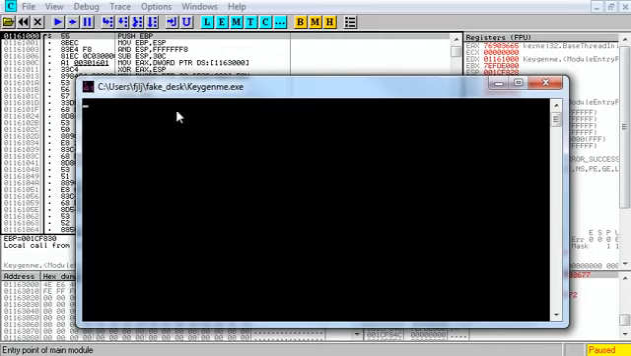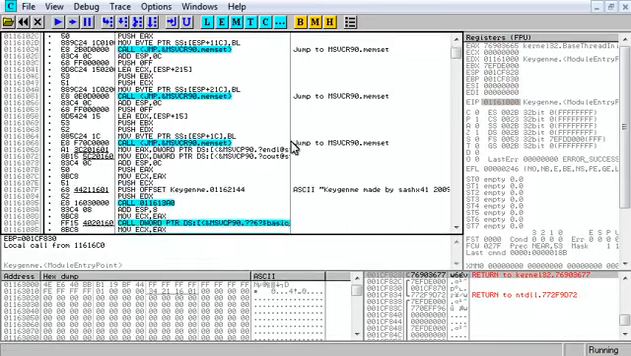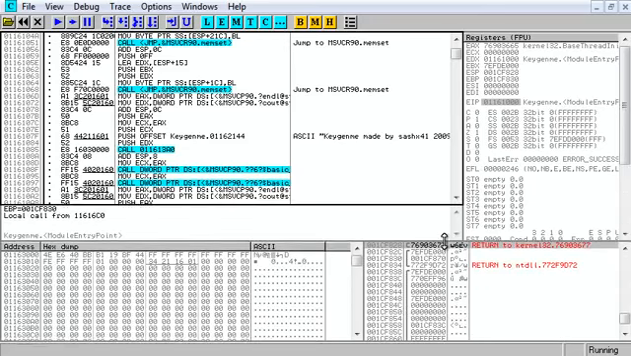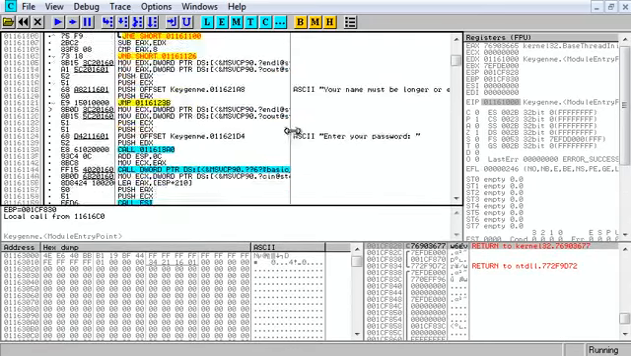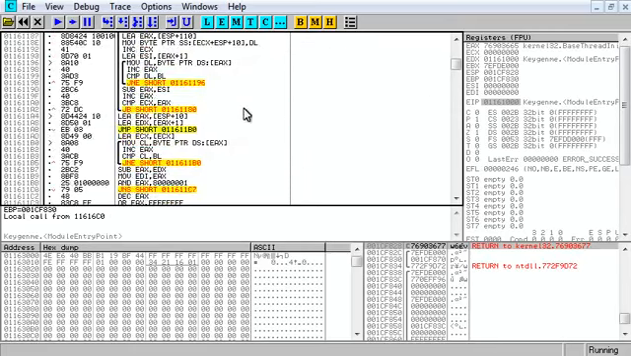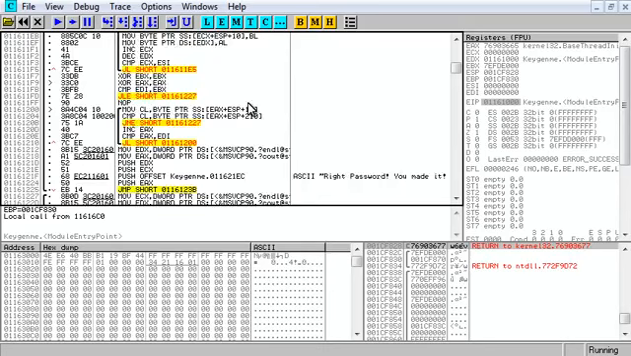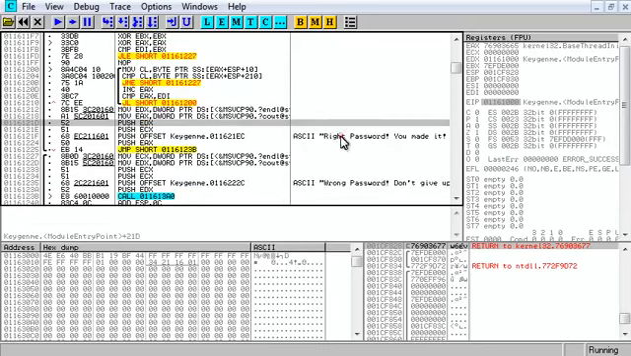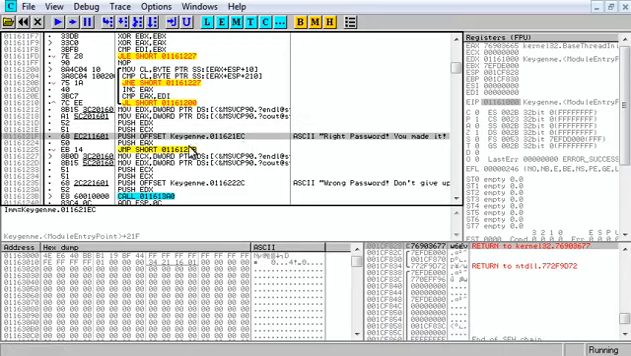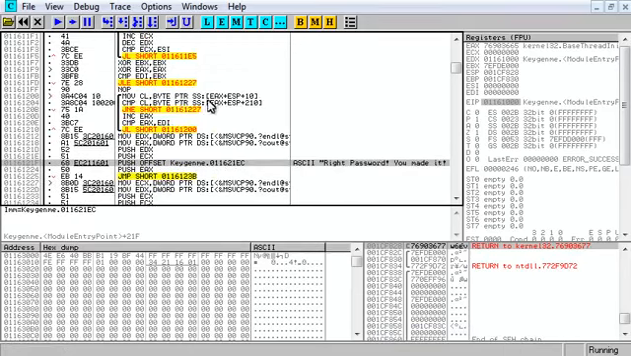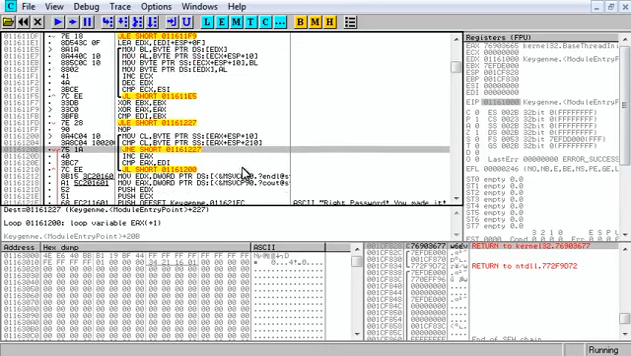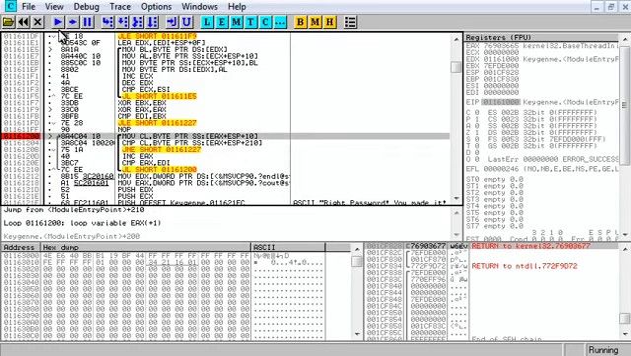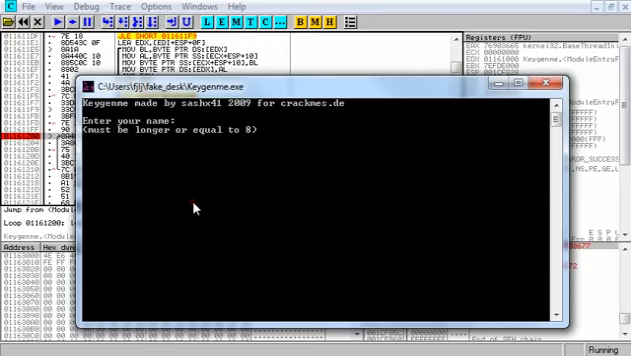Alright, now the second method that I'm going to show you is, I guess you could say, the keygenning method, where we're actually going to find what our key is or should be. So if we come back down to enter your password, we'll see wrong password, right password. Do an analyze here. Now this here is comparing something and it's then jumping. Well, let's breakpoint it and see what it's comparing. Let's go ahead and open this up, put in our name,